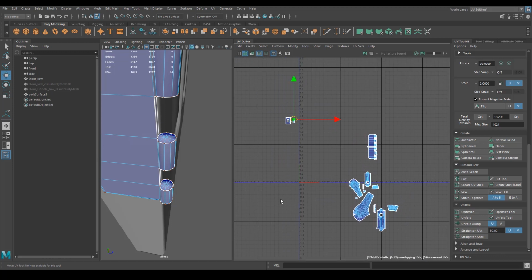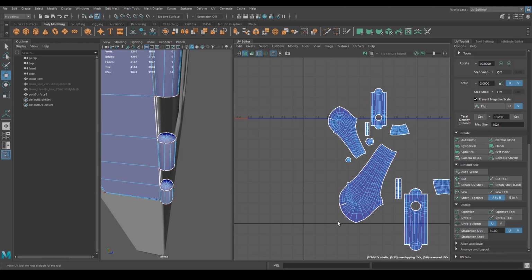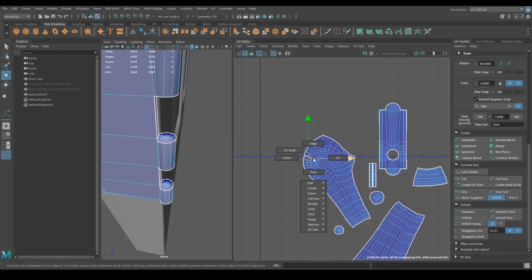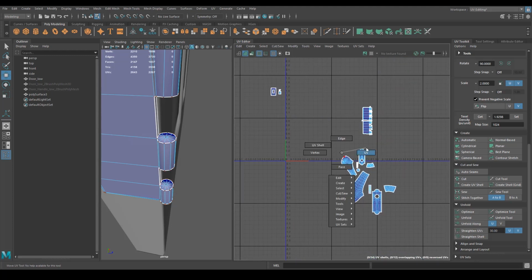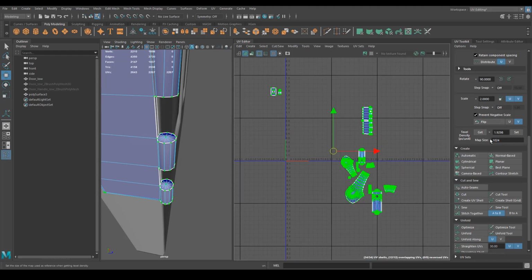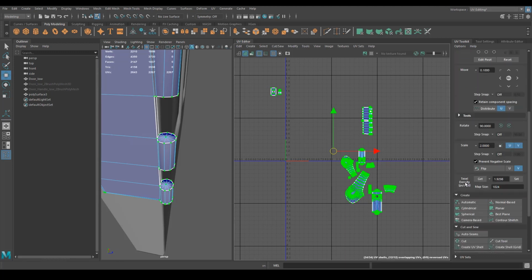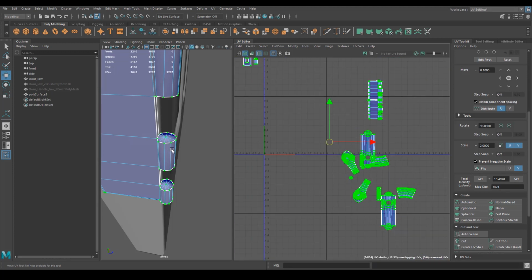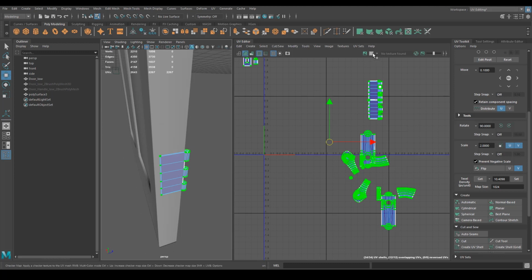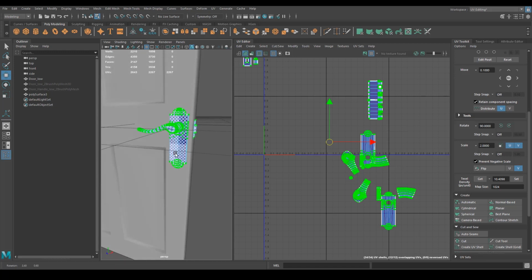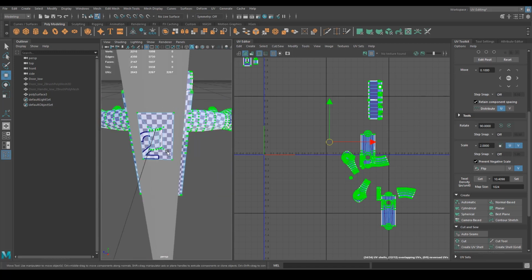Everything's UV mapped. We do want to even out the resolution of all of our objects, so we can do that just by selecting all our UVs, going to the transform, near the bottom where it says texel density, just hit get. 1024 is fine, and then just hit set, and that made sure that all of our UVs are the same size across the model. We can see that by pressing the checkerboard button. The squares on there should be the same size as the squares over here and across the entire model now,